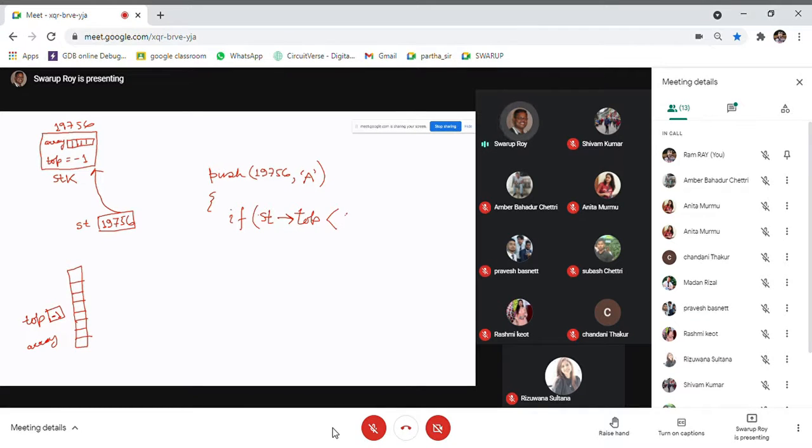If it is less than 50, then we can go for pushing that element. Where will we push? We'll push in the top position. Okay, so for that, what you have to do? ST arrow array